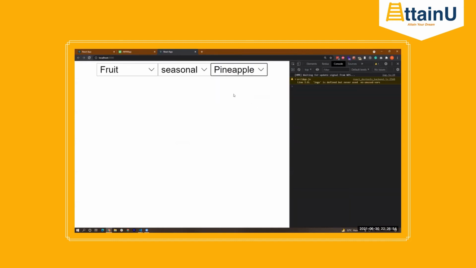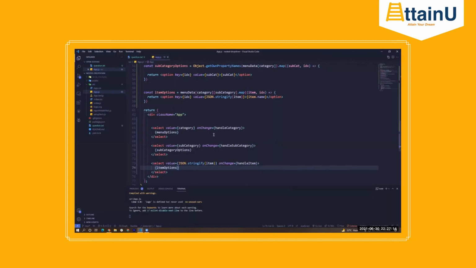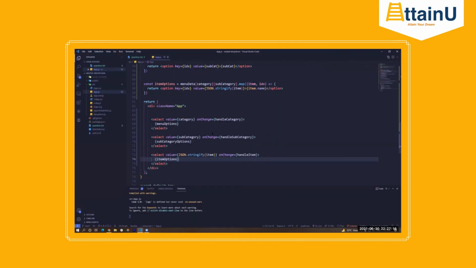If we change to pineapple, it is there. If we change to mango, it is there. All year only has one option, so we cannot test it properly. In the leafy, we have spinach, we have methi, and so on. So it's selecting properly. Onion and all is fine. So the initial level of everything is done. Now we just need to look at smaller details here and there.